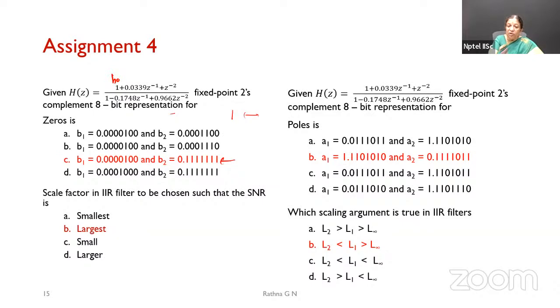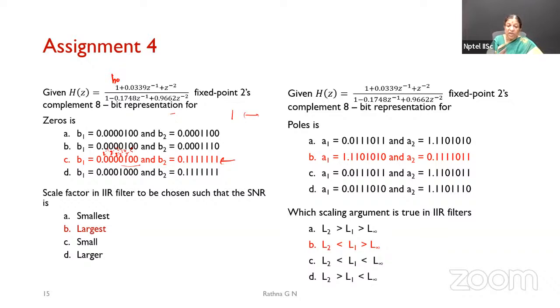The nearest value I can represent is with this number. So you will be seeing that this will be 2 power minus 1, 2 power minus 2, 2 power minus 3, and 2 power minus 4, and 2 power minus 5 is the correct answer to represent my minus 0.174, minus